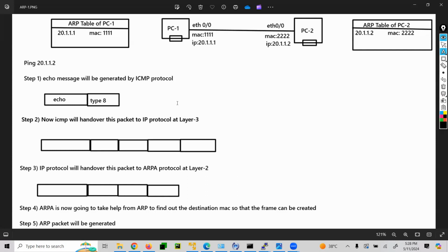Okay. So now ICMP is going to hand over this particular packet to the IP protocol at layer 3. And now at layer 3, the IP protocol is going to populate different information. So something like this. The ICMP echo request is received, right? And then the IP protocol is going to populate the source IP, the destination IP,